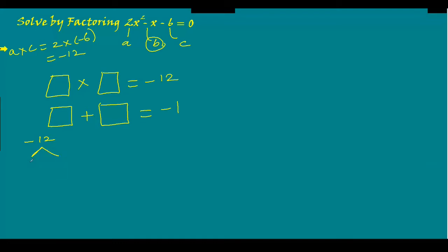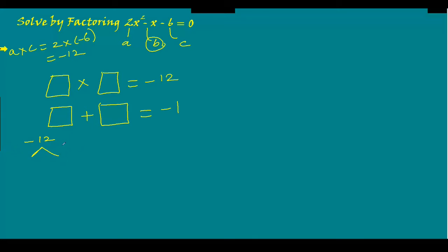So start with 1. Actually, there is no need to do all the steps always. Starting with 1 is not required always. Only if you don't get the number directly, you can go with that, starting from 1, 2, 3 and so on. But if you can figure out the two numbers directly and easily, you can do that.